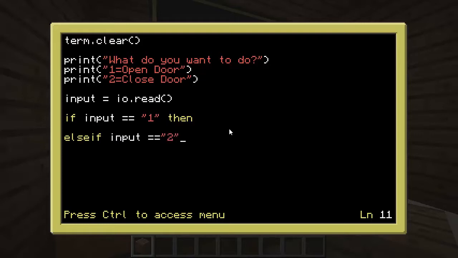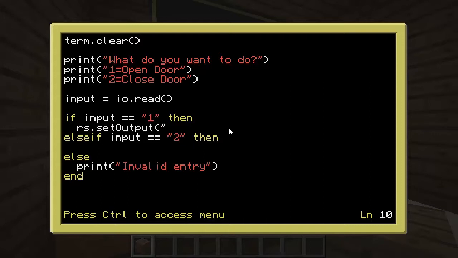If the input is 2, then do something else. Let me space this a little bit better. And then I could do more else if, all that kind of stuff, but then I'll do an end at the bottom. We only have 2 items right now. We can do another else. And this is if it's not something that we allowed them to do, basically. And here we'll say print invalid entry. Okay. So we want to do if they type 1,